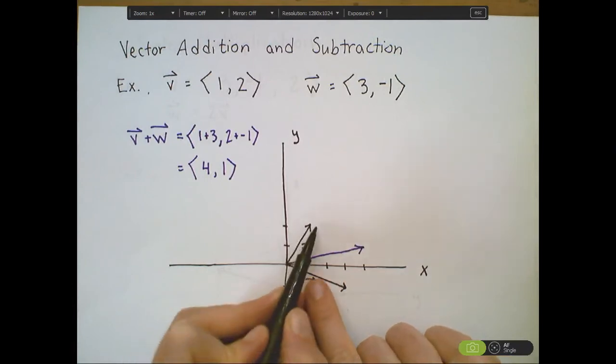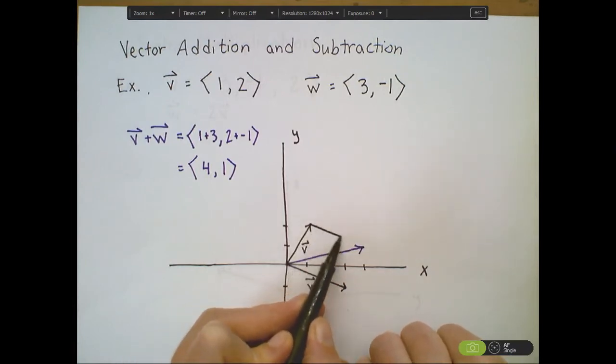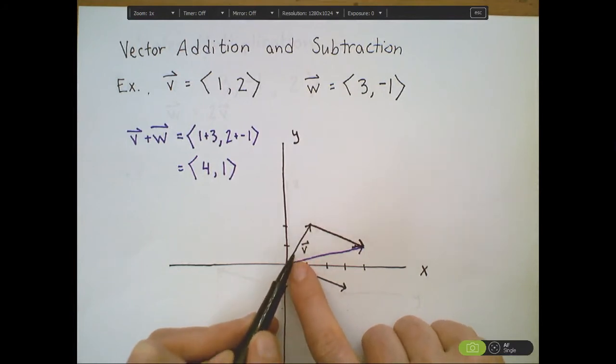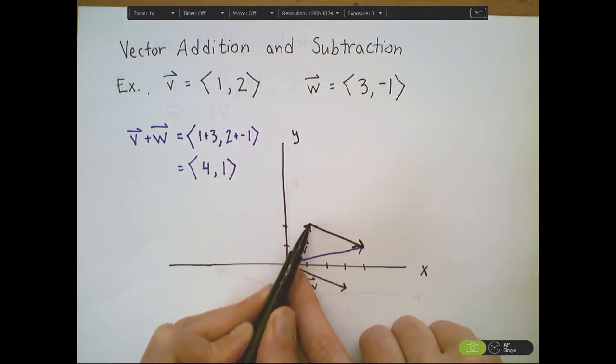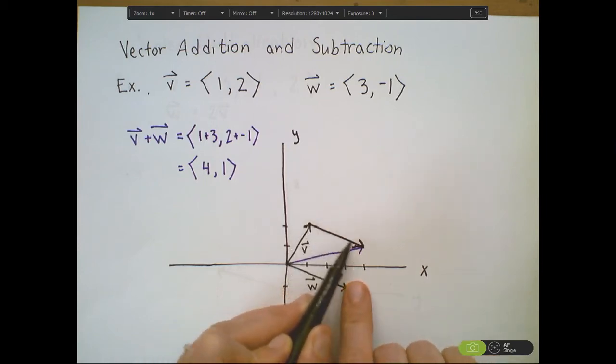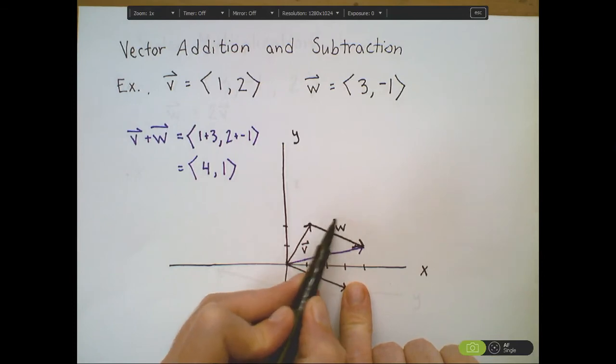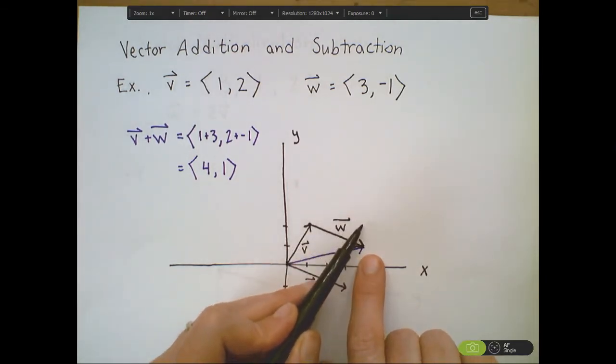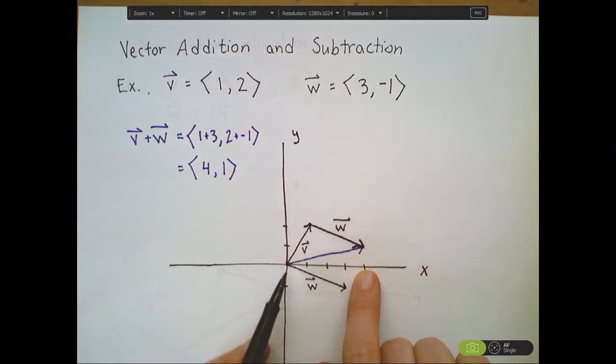Another way to represent that is to think about putting these vectors tip to tail, meaning I go the distance and direction of v, and then on top of that I add on my vector w, which in this case is going over 3 more in the x direction and down 1,